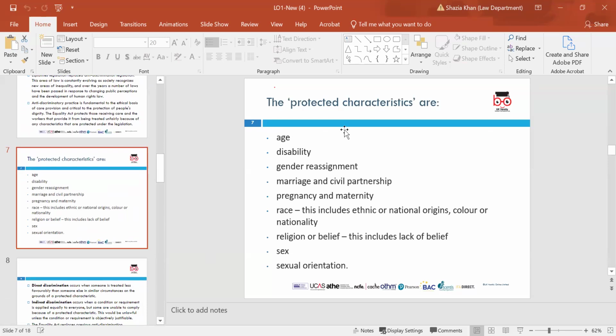So the protected characteristics within the Act. Discrimination can be direct or indirect, which is why care must be taken when, for example, making a change or reviewing employment policy, practice or criteria used in workplaces. The characteristics protected by the Equality Act 2010 are age, disability, gender reassignment, marriage or civil partnership in employment only, pregnancy, maternity, race, religion or belief, sex, sexual orientation.